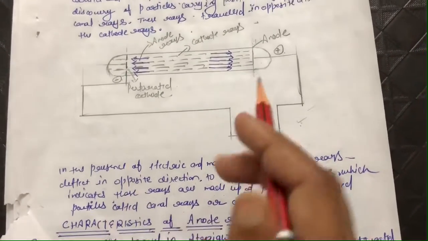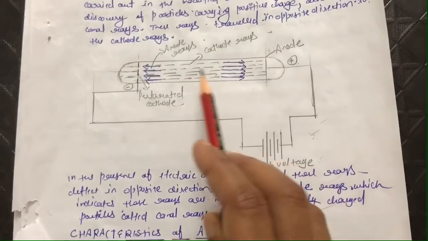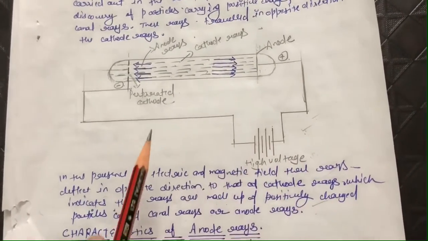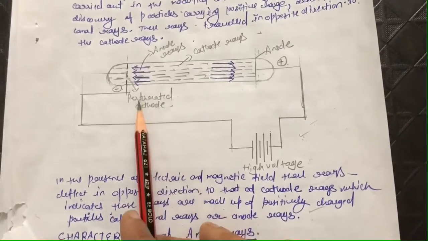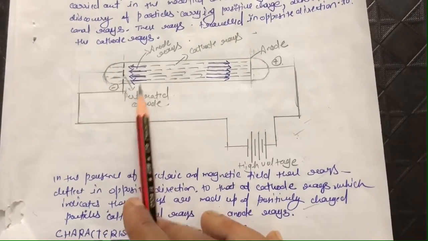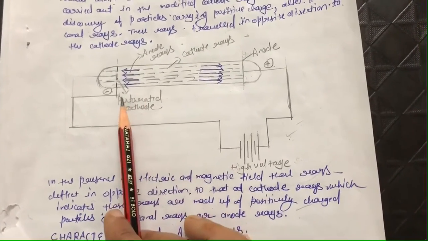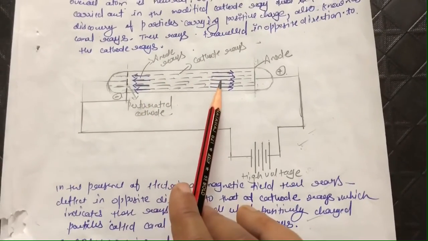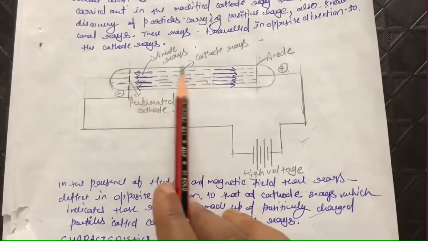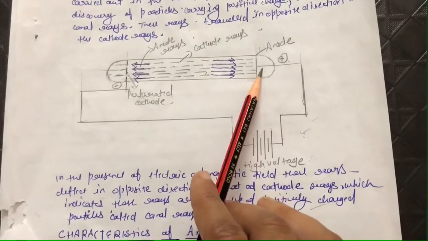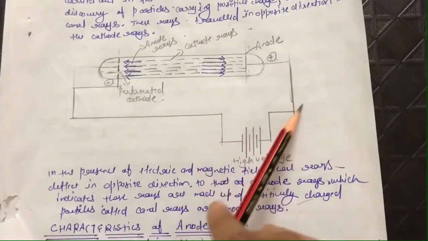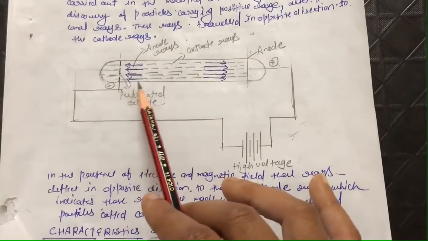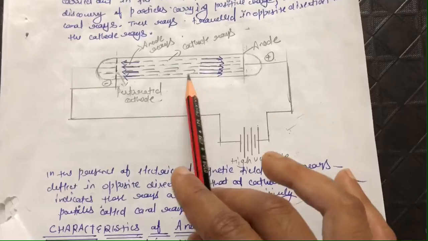So because their motion is totally opposite to the cathode rays, we get the idea that these rays are made up of, or carrying, some positive charges, because their direction is totally opposite and they flow from the rod connected to the positive terminal of the battery towards the negative terminal, because as you know, opposite charges always attract each other.